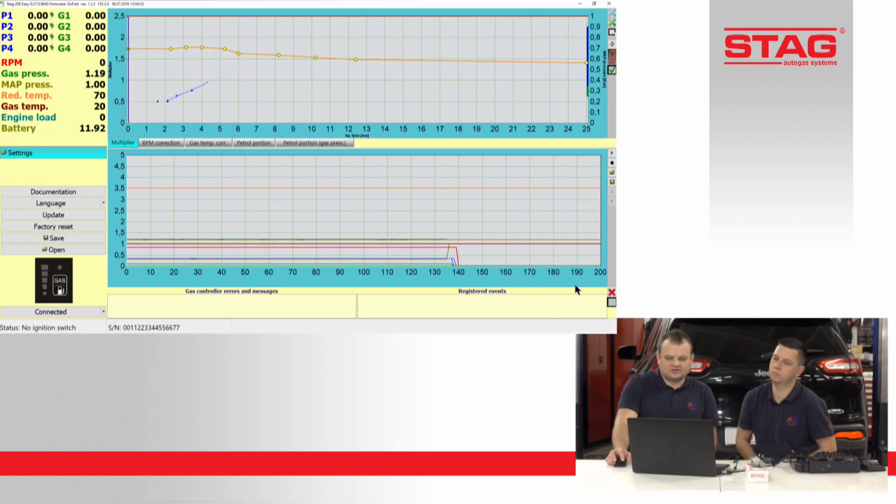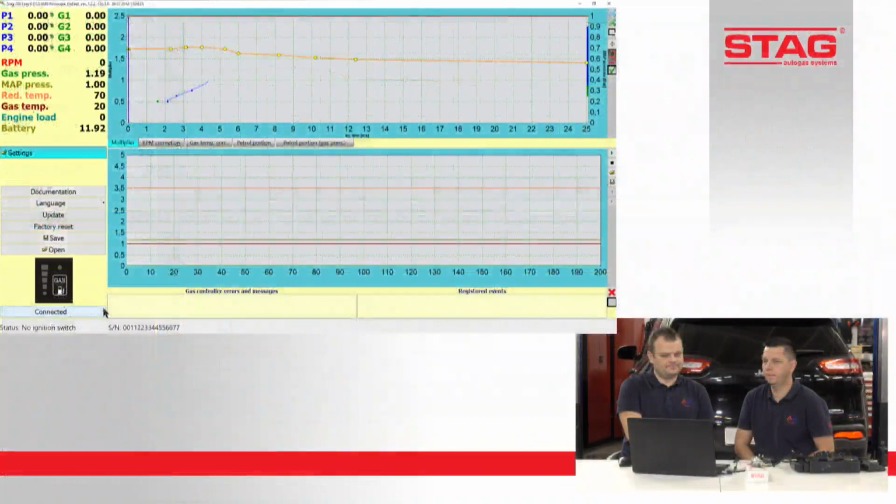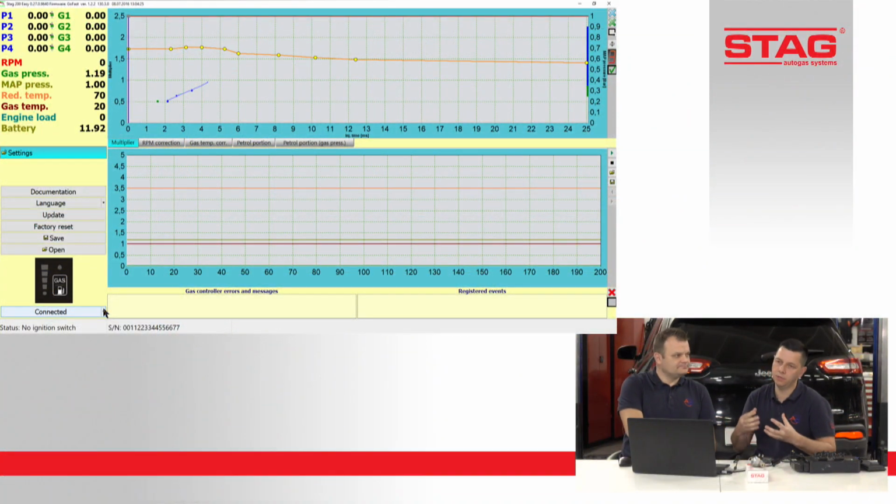So this is the layout of the STAG GoFast application. We want to present the details of the first step about this product. What I would like to say first is about the software. Sometimes when we do training about our applications and how they work, there are two very important things. The first thing is the version of the software, and the second thing is the firmware. There are two different